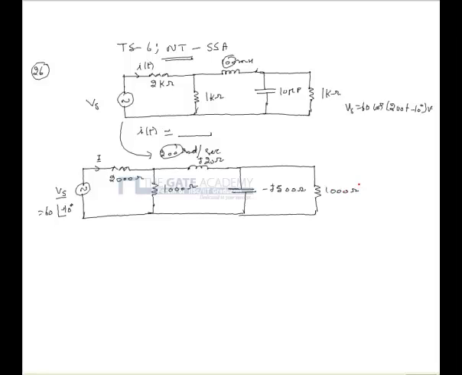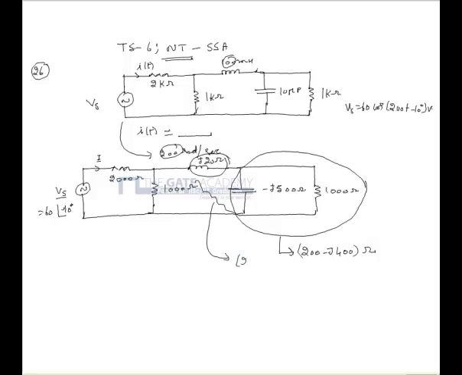Now, by reducing the network to a smaller form, first we see that these two impedances are in parallel, and on reduction, we see that the equivalent impedance is 200 minus j400 ohms. Now, this is in series with j20 ohms. So, the equivalent impedance can be written as 200 minus j